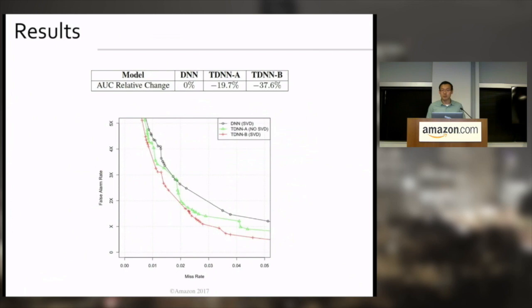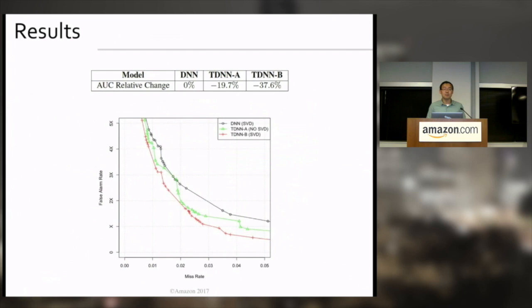We have 3 curves. The black one is for the DNN, the green one is for the TDN without SVD, and the red curve is for the TDN with SVD compression. Because we have miss rate and false accept rate on both axes, the lower the curve is, the better the performance of the keyword detection. And we use the area under the curve, the AUC, as the final number to measure the performance of all 3 systems.